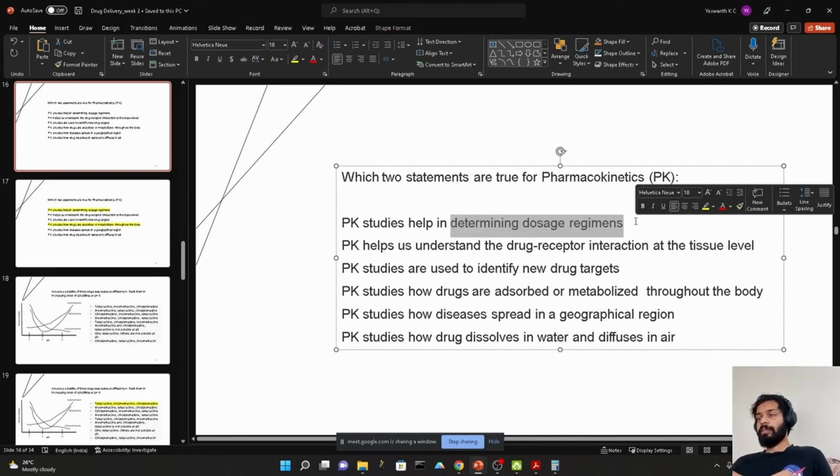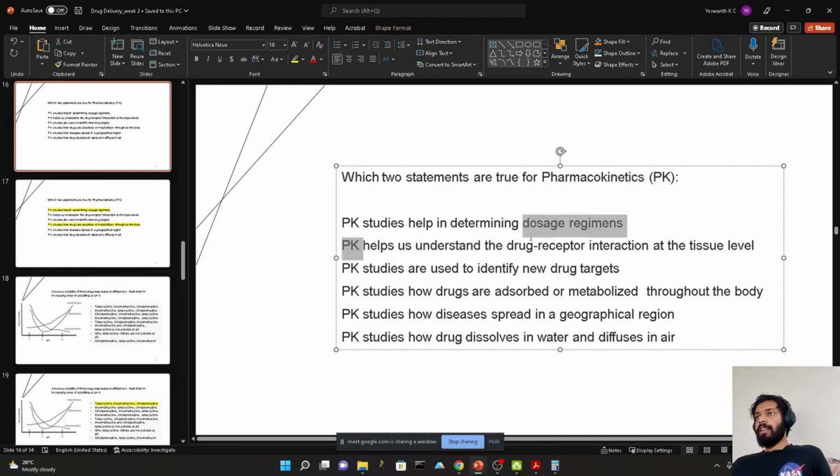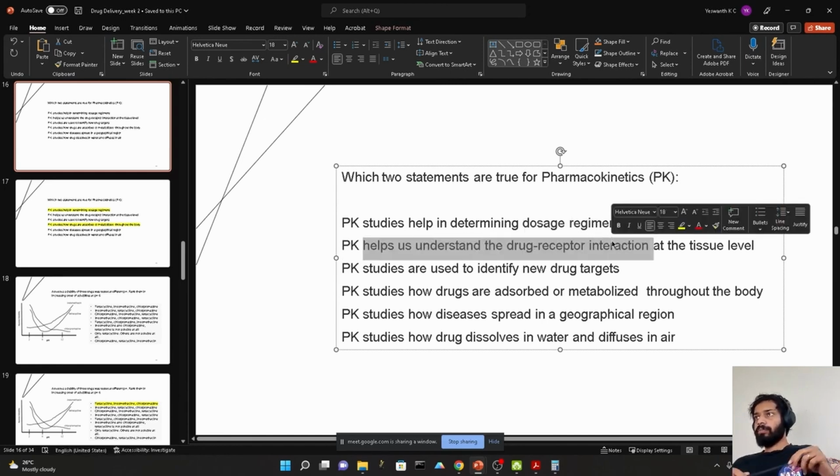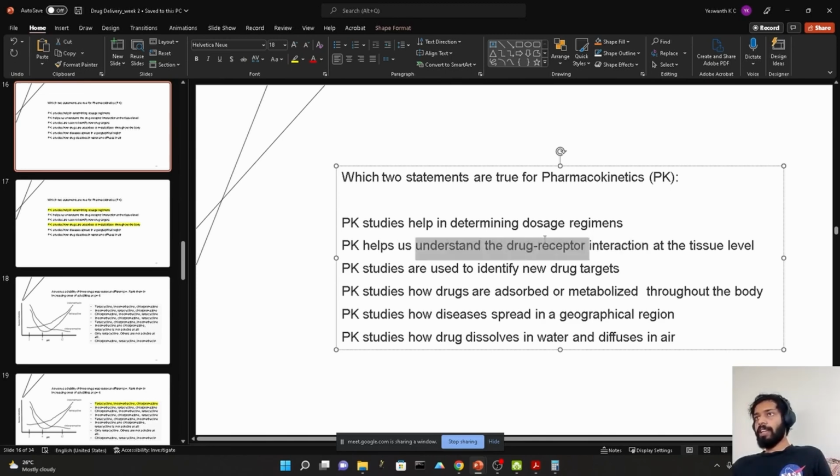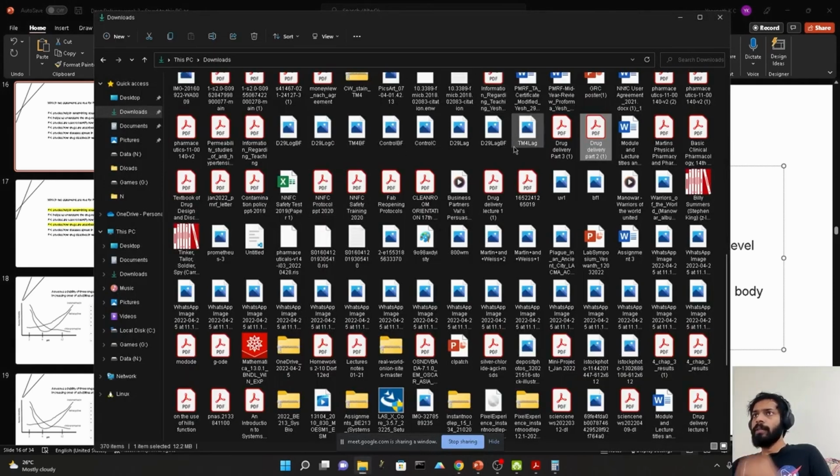That's fine. But the second one, shouldn't it be part of pharmacodynamics? Yes, it is pharmacodynamics. So this is not pharmacokinetics, this is pharmacodynamics. So option C should be the right one. No, I'm still confused why you think option C is the correct option. Because design of dosage and where it is administered is also under pharmacodynamics.